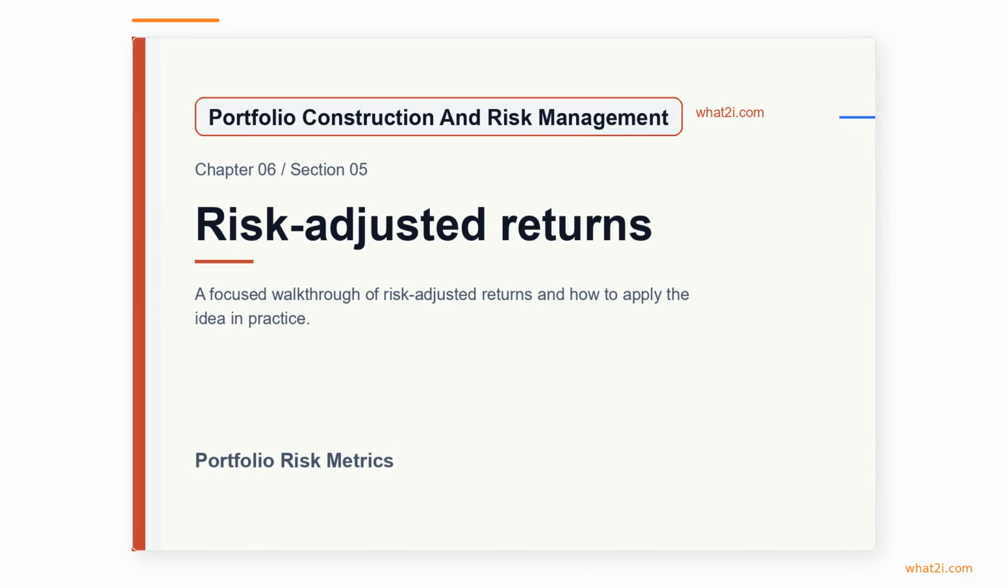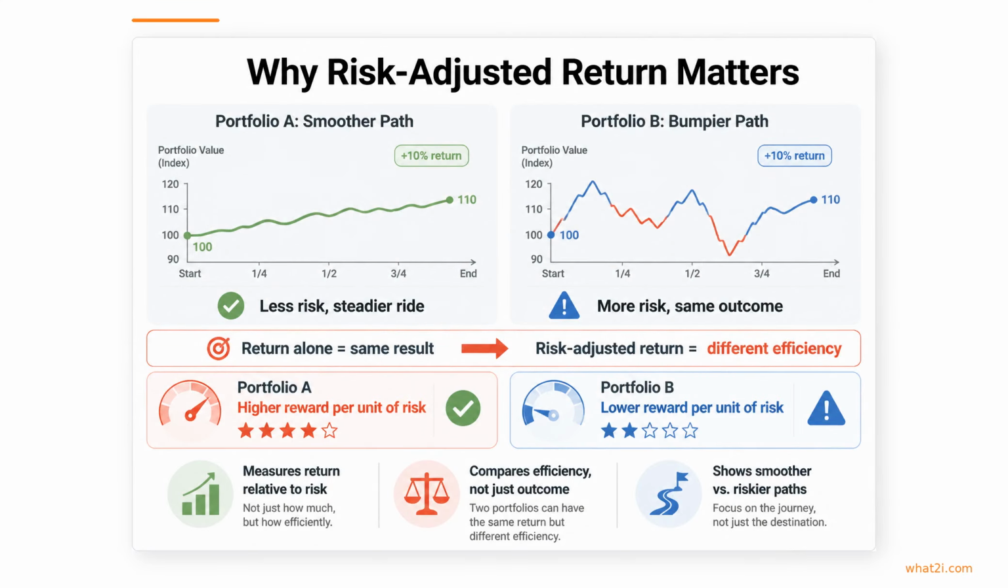Portfolio Construction and Risk Management, Chapter 6, Portfolio Risk Metrics. Section 5, Risk-Adjusted Returns. A return number tells you where a portfolio ended up, but not how rough the journey